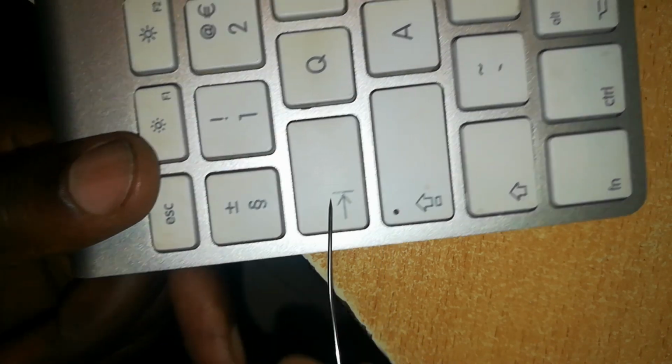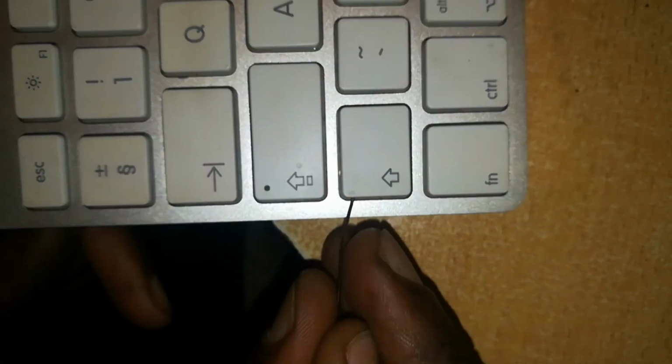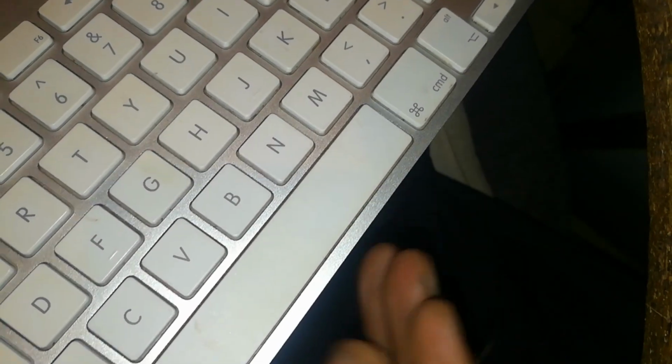I'm not going to do that, you've gotten the concept. And that's it. Now let's tackle the remaining key, that's this spacebar. Now the spacebar seems to be the most daunting of them all, and the concept of removing it and returning it is the same. Now you can decide which side you want to look through so as to determine how